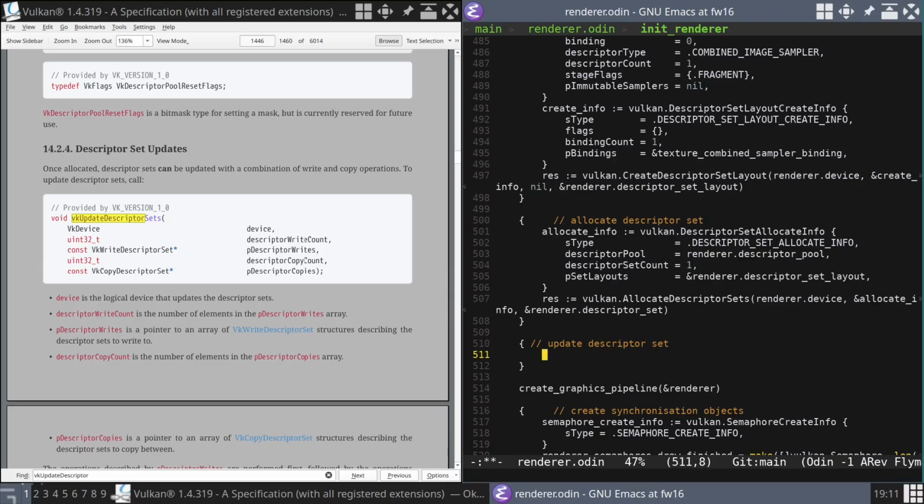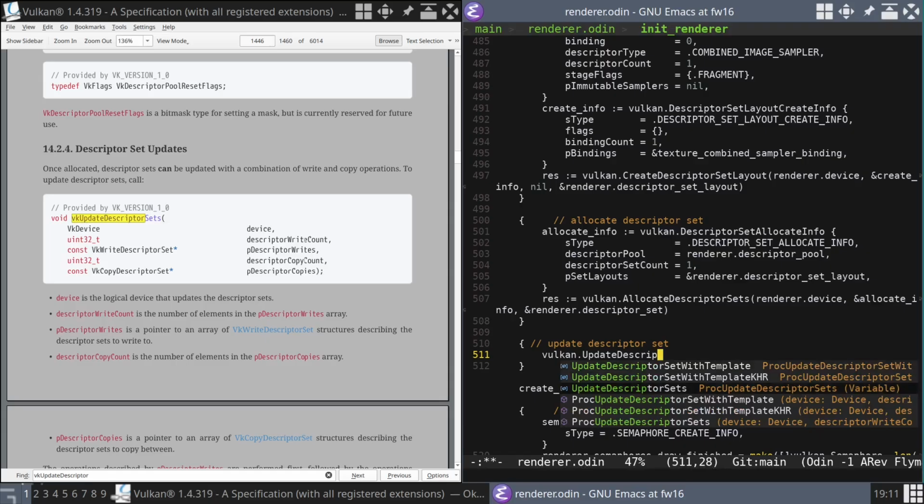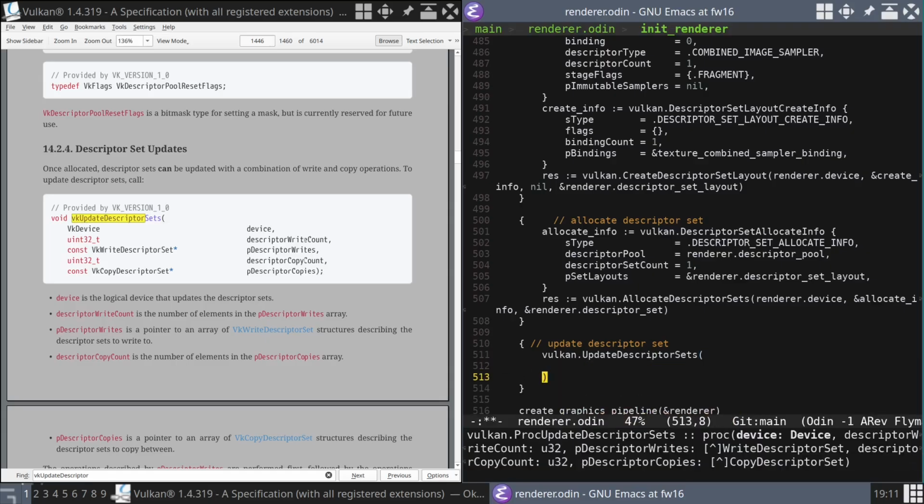It's a function that can't fail, with descriptor write count, pointer to writes, copy count, pointer to copies. Okay. That doesn't look as simple as I might hope, but we'll see. So Vulkan update descriptor sets takes a